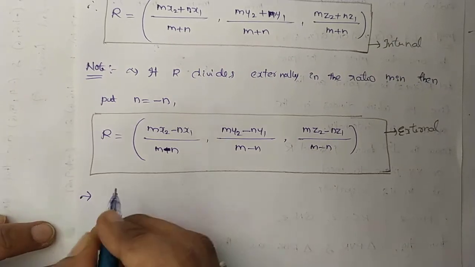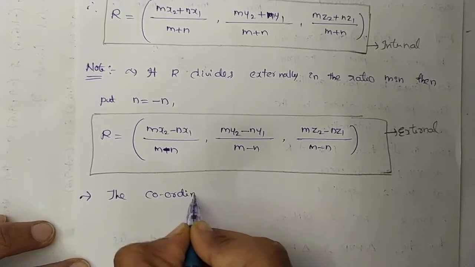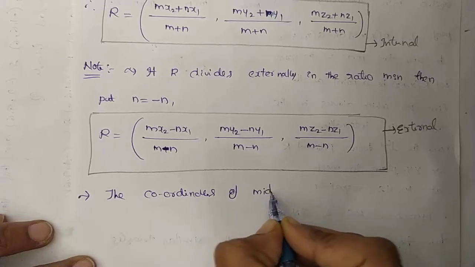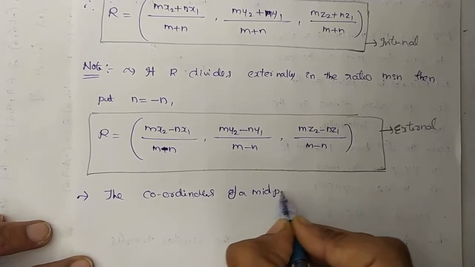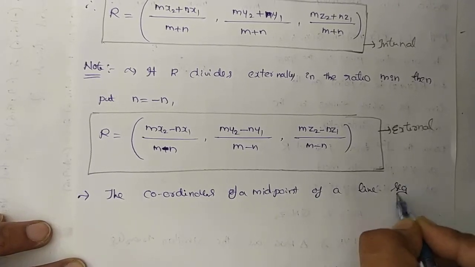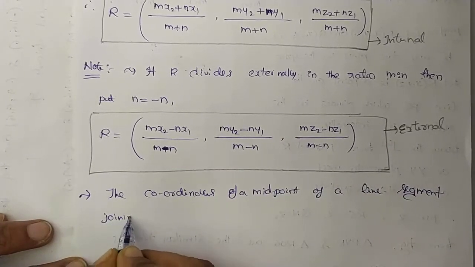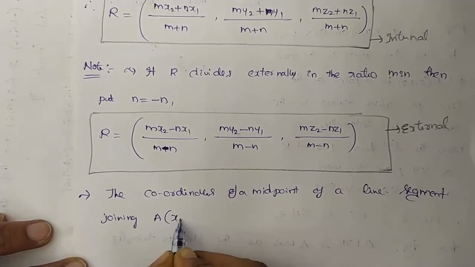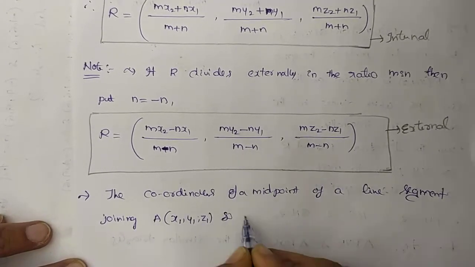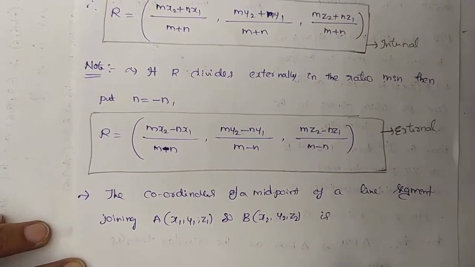The coordinates of the midpoint of a line segment joining A x1 y1 z1 and B x2 y2 z2 is